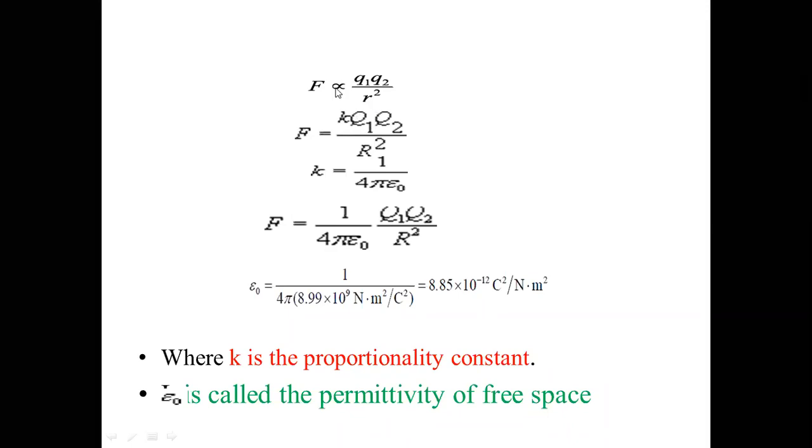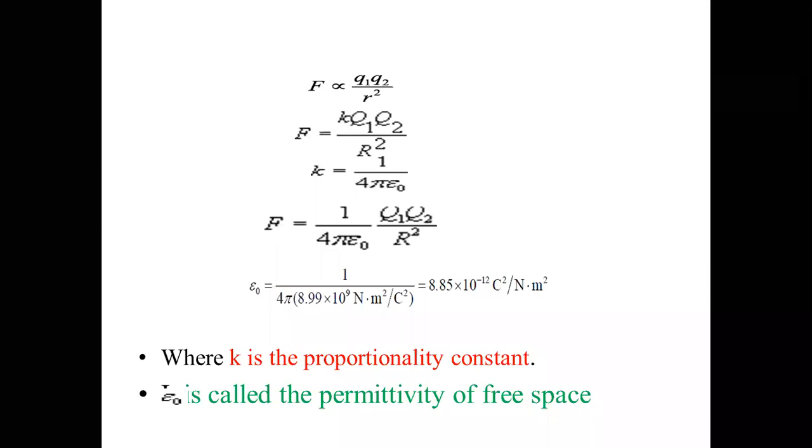So this direct proportionality is going to be replaced with a constant value. So we can say that F is equal to K, where K is called the constant of proportionality. F equals K into Q1 into Q2 divided by R square. Now Q1 in small and capital letters are the same; just for ease I have given this kind of notation. All of you get it? All of you get Coulomb's law?